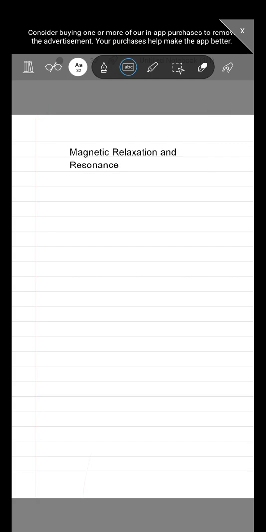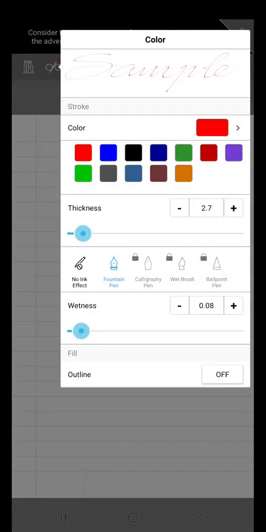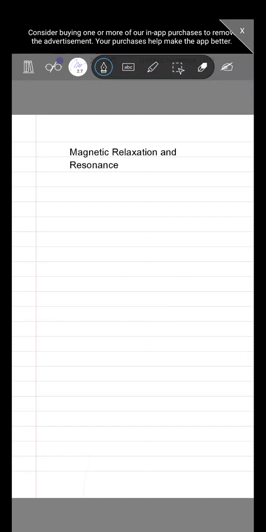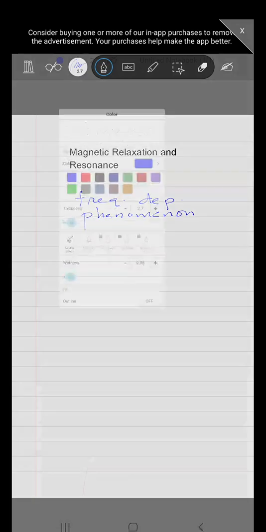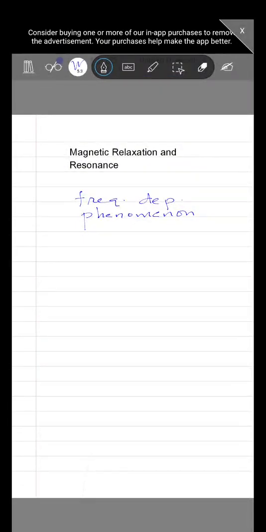Now there are numerous frequency dependent phenomena involved in magnetism. And since it is impossible to deal with all of these, we have chosen paramagnetic relaxation